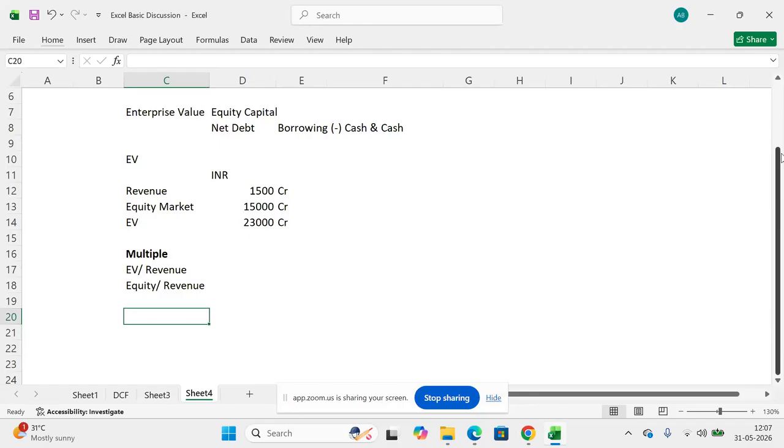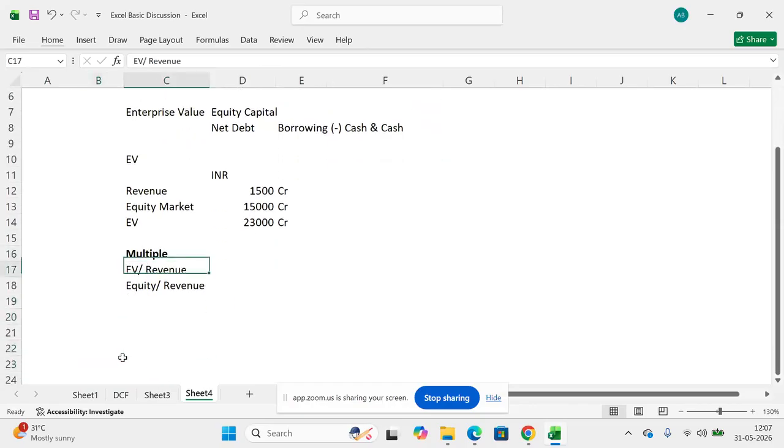Why do they combine both? Because there could be a company with 100% equity in its books and no loan at all. There could be another company funding 50-50, 50% equity, 50% loan. There could be another company having 80% loan, 20% equity. So if we have to compare these companies, can we compare them on the basis of equity value to revenue multiple? The answer is no, because we have already deducted the loan from the value. That's why market multiples are